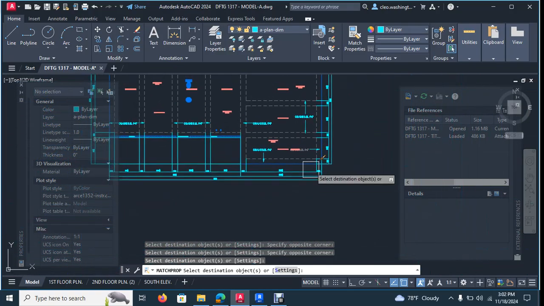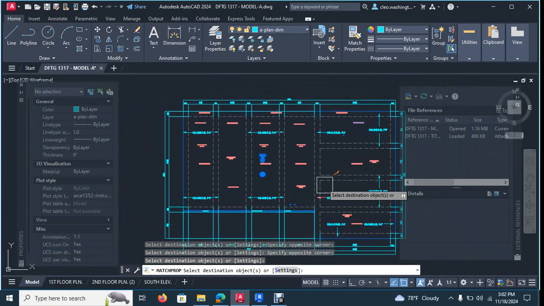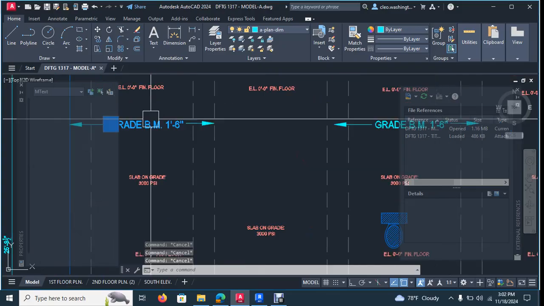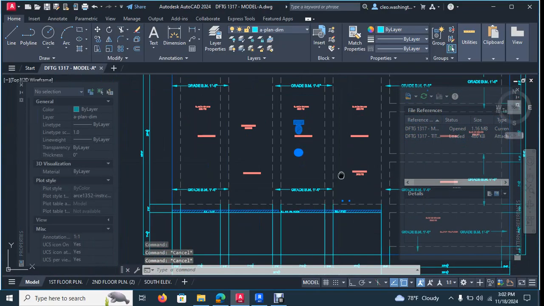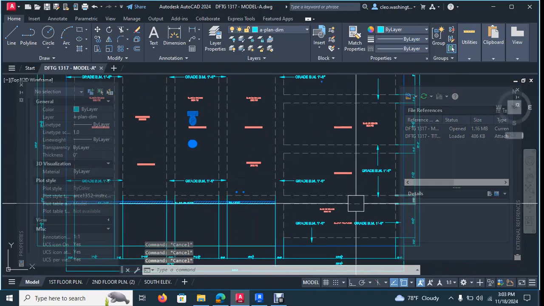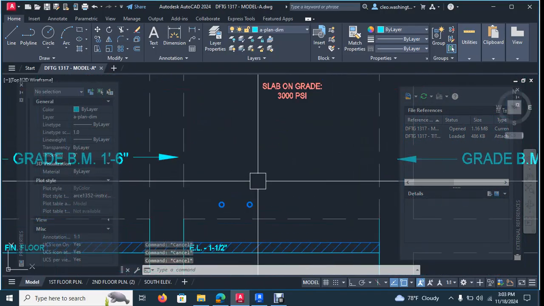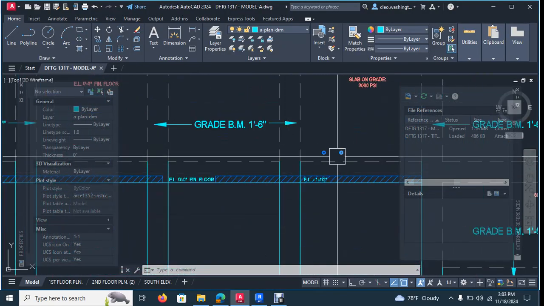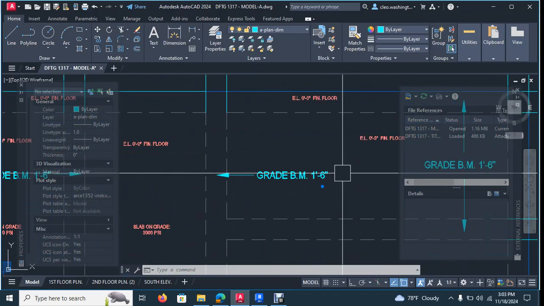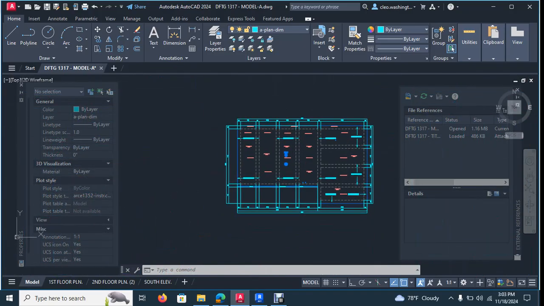So you want to put this all on the same layer. And actually, leave that on etext 2, the big guys, the grade beams. We'll leave that called out. We don't have to change that. But what they'll do is they'll look at this and say, okay, what's this? This is in the kitchen. They know that this is in the washroom. Typically,